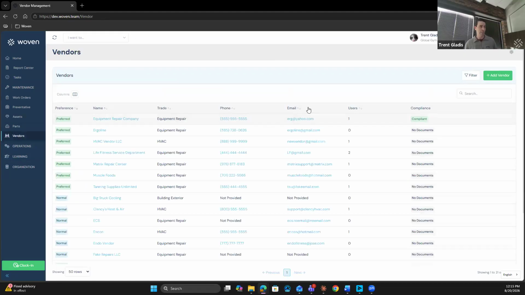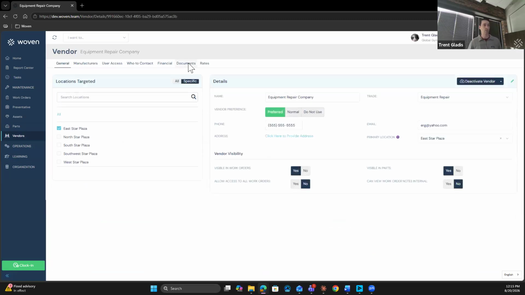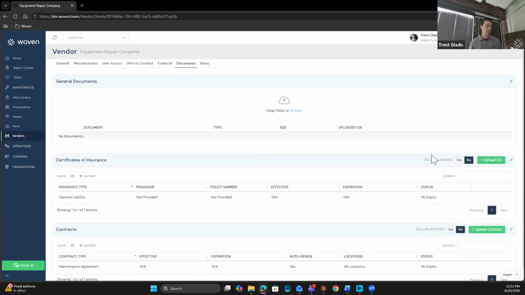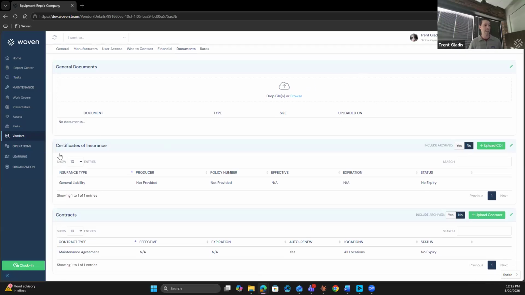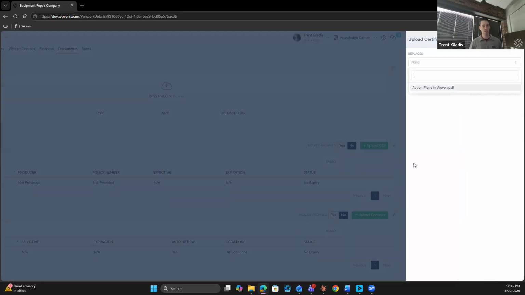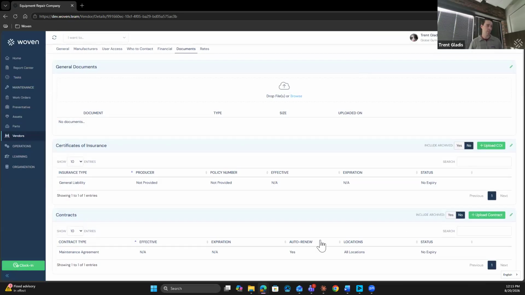Semi-similarly, under vendors, there's this new column here for compliance. You can see many times it says no documents here. If I click into a vendor record and I go to the documents tab, which is also new for them, I have general document storage, which I can drag and drop or browse. I have COI, so certificate of insurance, that I can upload. Just drag and drop it, say if you're going to replace the current one or not. And then I also have contracts. Same idea, I can drag and drop or replace the current contract and digitize all of that material as well